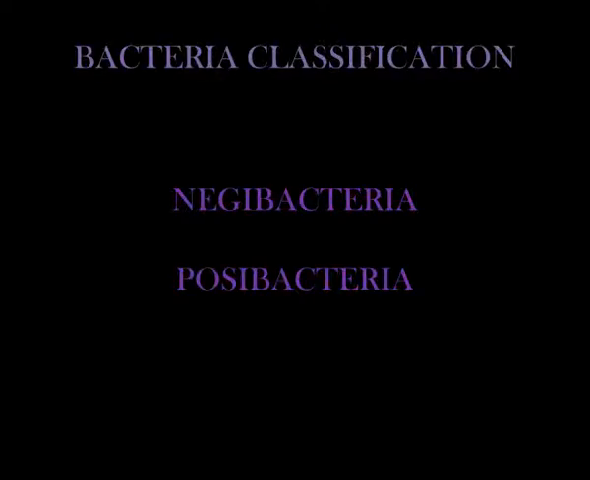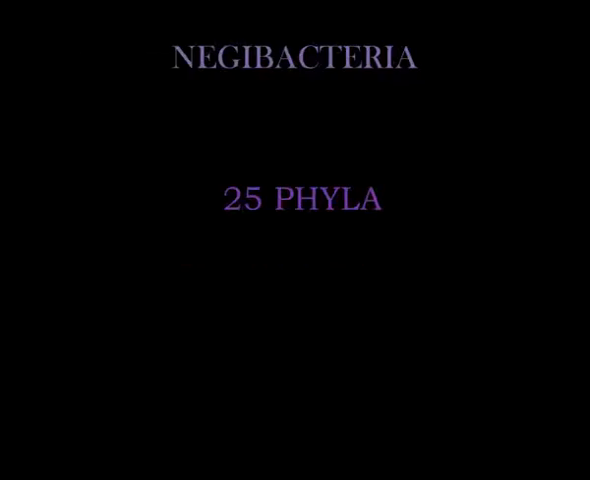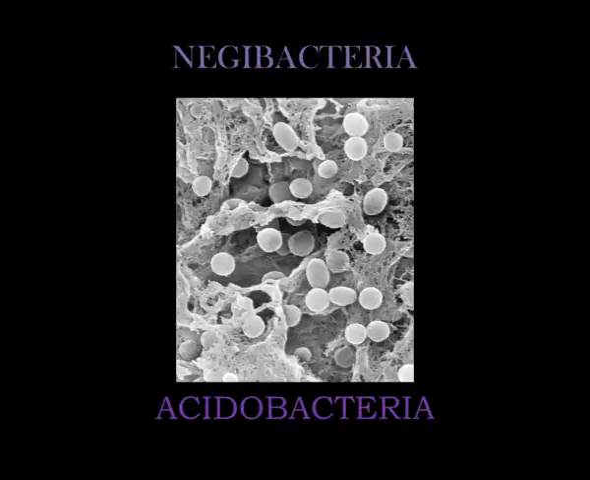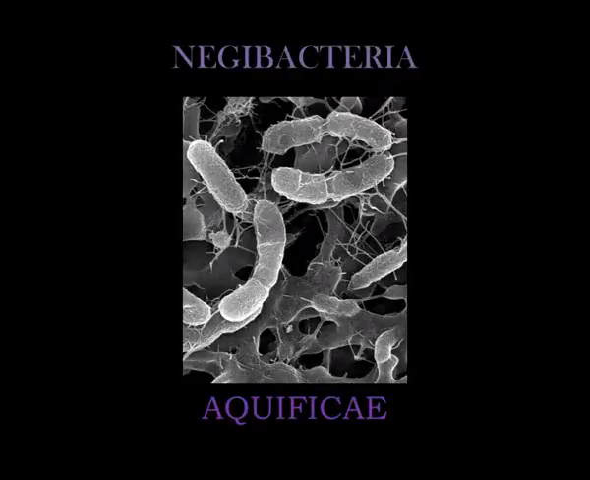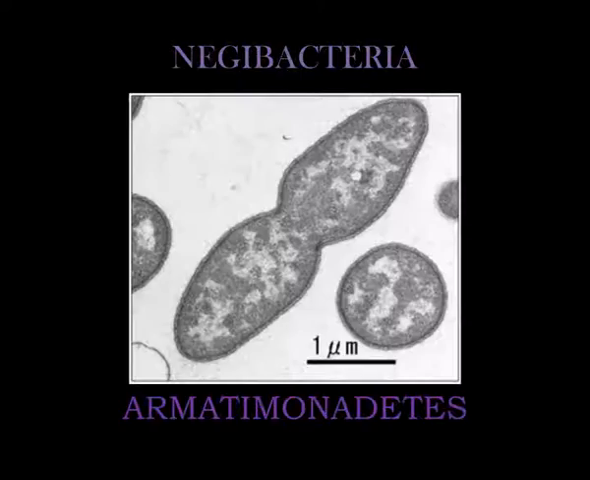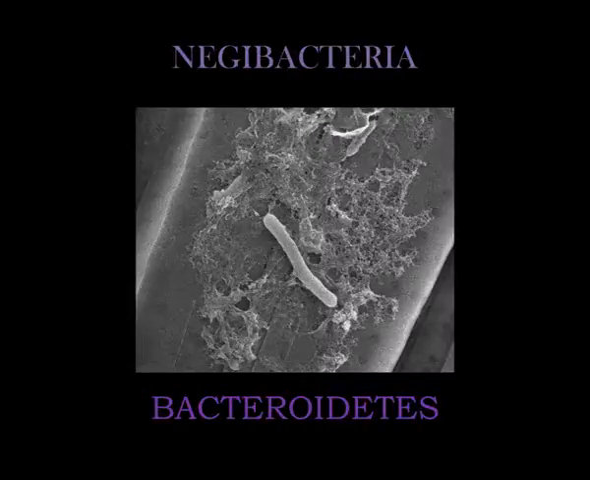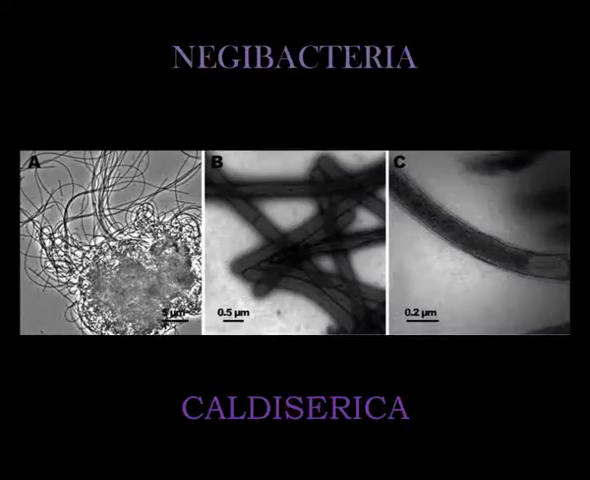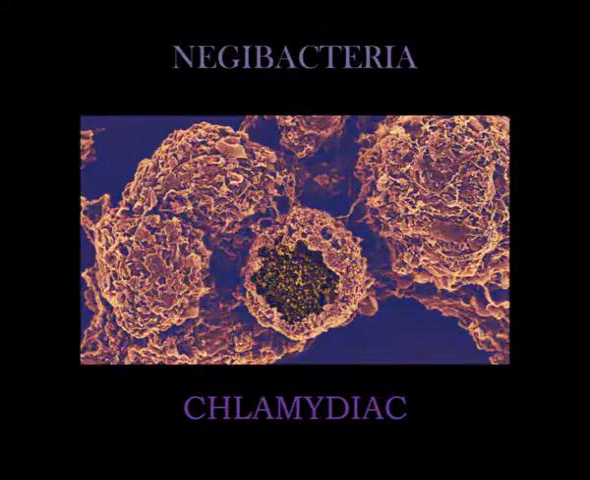Bacteria classification. The kingdom Bacteria is divided in two subkingdoms: Negibacteria, gram-negative, and Posibacteria, gram-positive. The Negibacteria is divided in 25 phyla: Acidobacteria, Aquificae, Armatimonadetes, Bacteroidetes, Caldiserica, Chlamydiae,